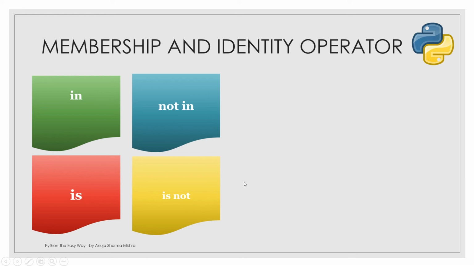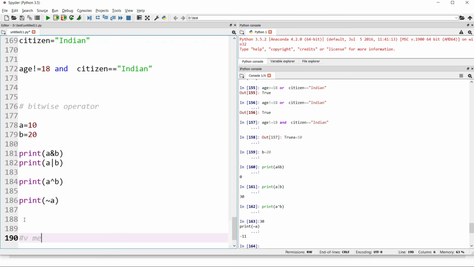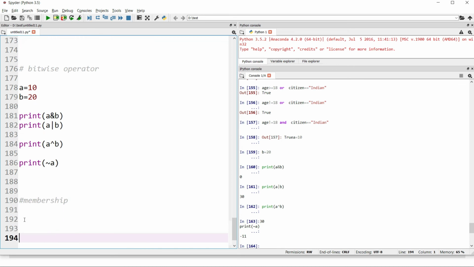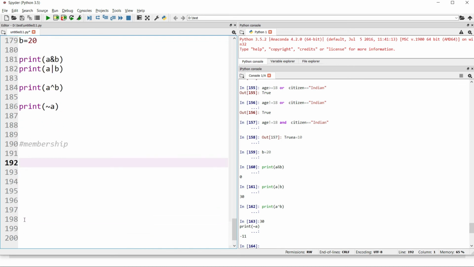These are the identity operators. Like if I want to check if a is b, that is, if a is equal to b or not. Talking about membership operators, for example a is equal to 10, and I want to see a in a list of all the even numbers, for example till 14.